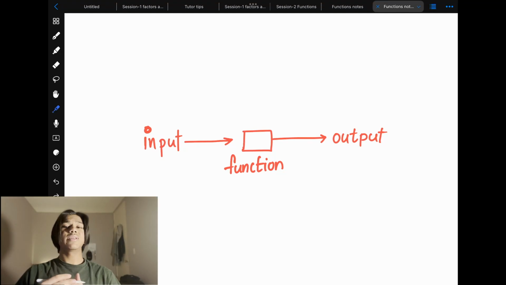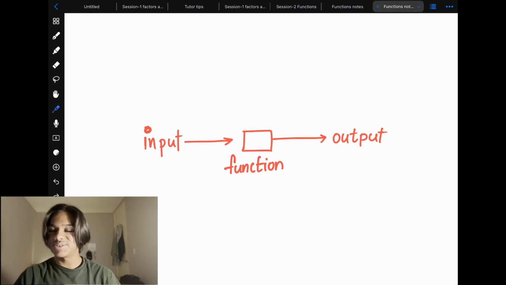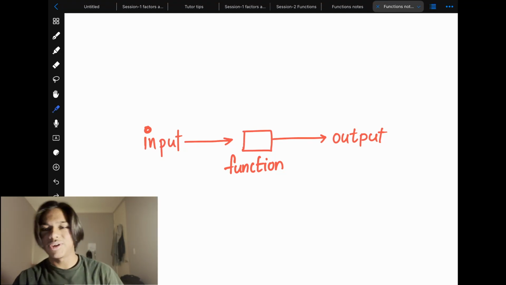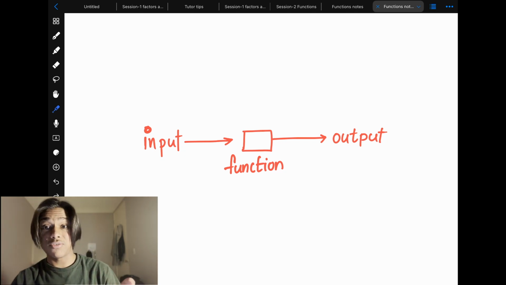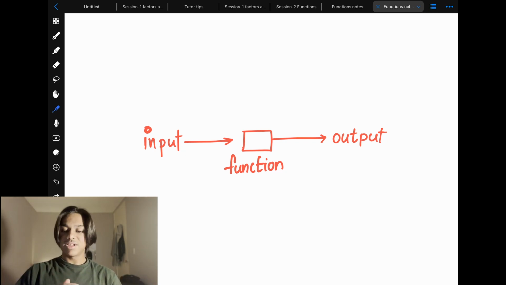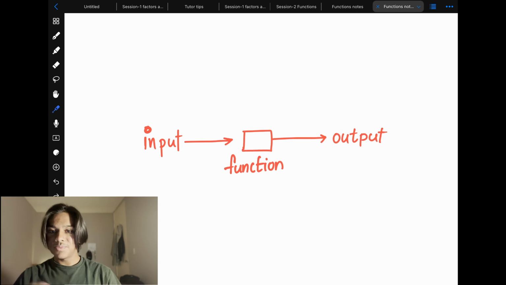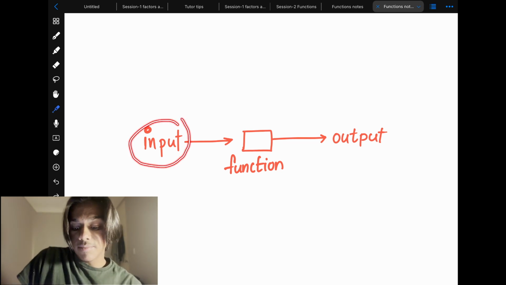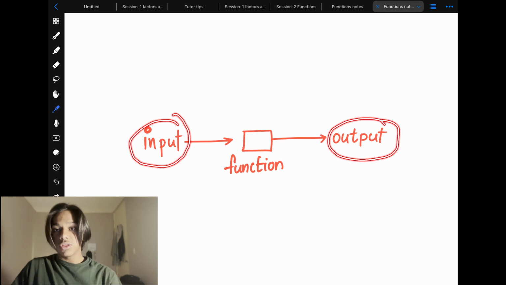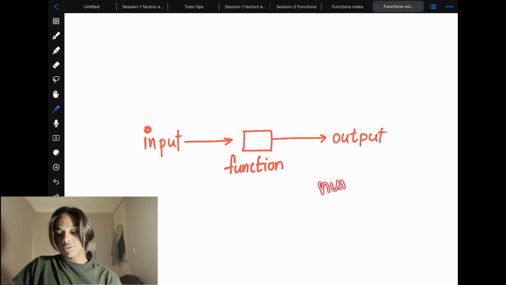Now, we know that in mathematics there has to be numbers, right? Or variables, which are just numbers which we don't know a particular value of. But yeah, in mathematics there has to be numbers or variables. And in functions, numbers and variables come in too. More specifically how? Well, these input and output are nothing but numbers,